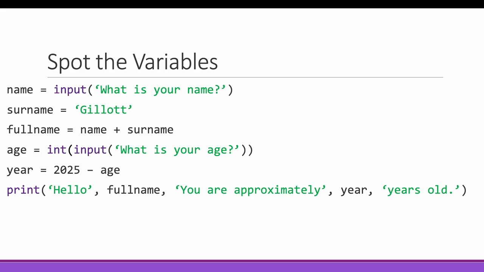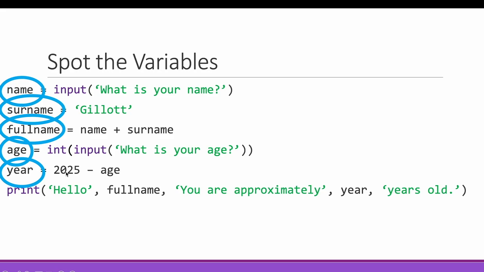So in this bit of code here, most of this looks pretty recognizable from the last bit with printing names and inputs, but we've got lots of variables here. So name is a variable because it's storing whatever the input is. Surname is a variable, it's storing that string. Full name, we're creating a variable made up of two other variables, and you'll look at these plus and minuses later on. Age, again, year, and these are all the variables, and you can use them later on in the program. So if we needed to, we could change these. For example, we could add 1 to the age if we needed to,